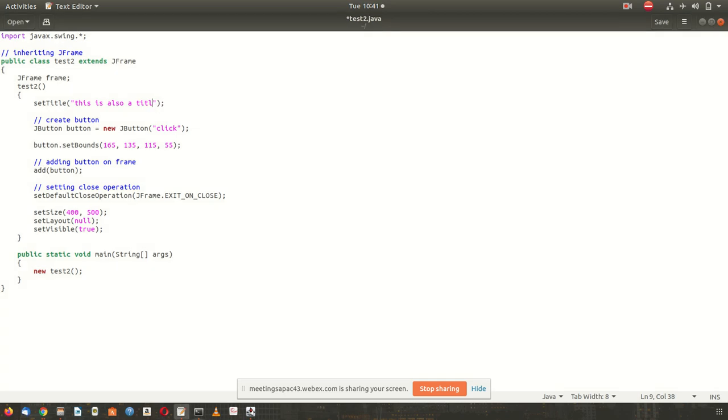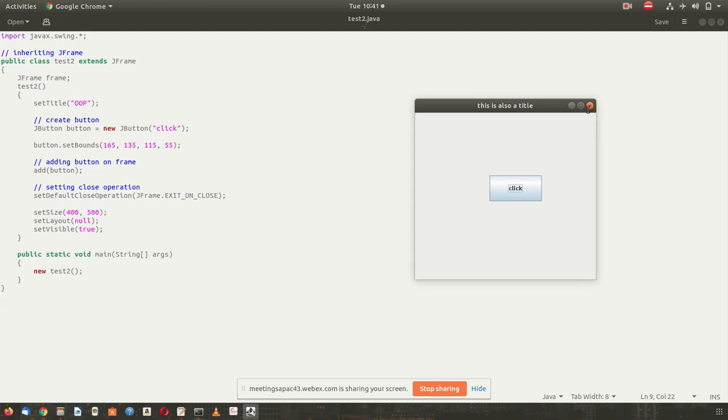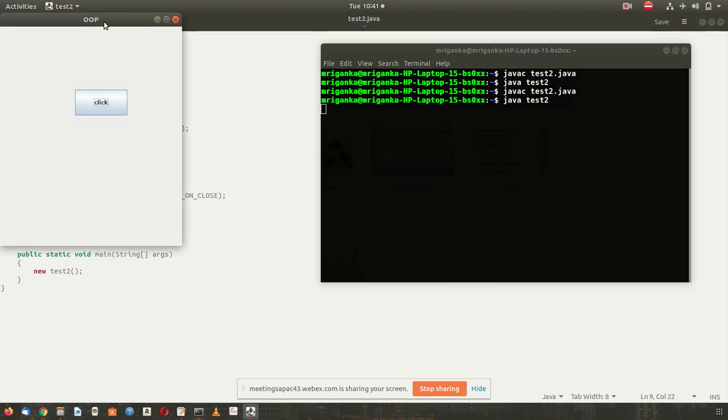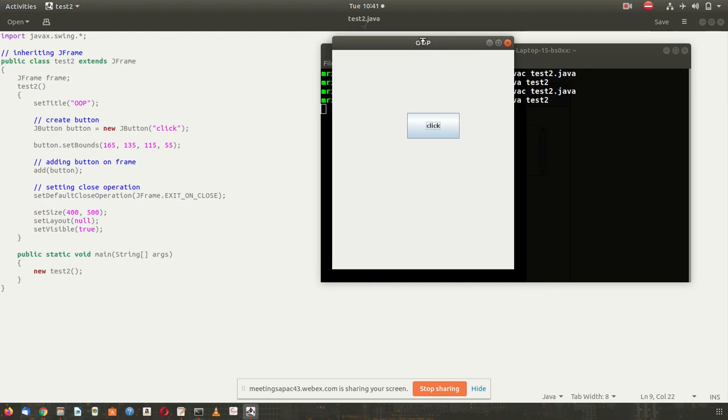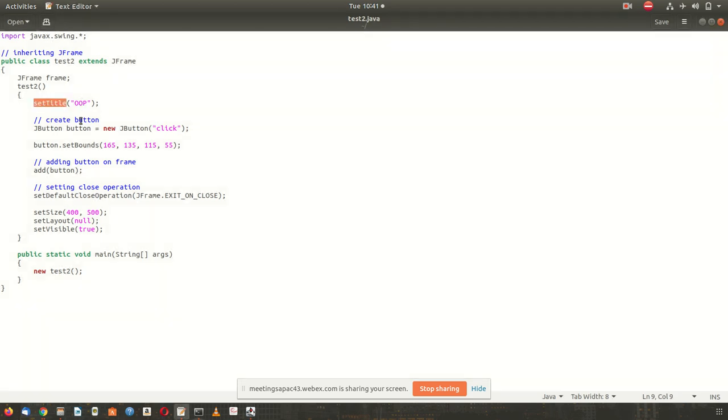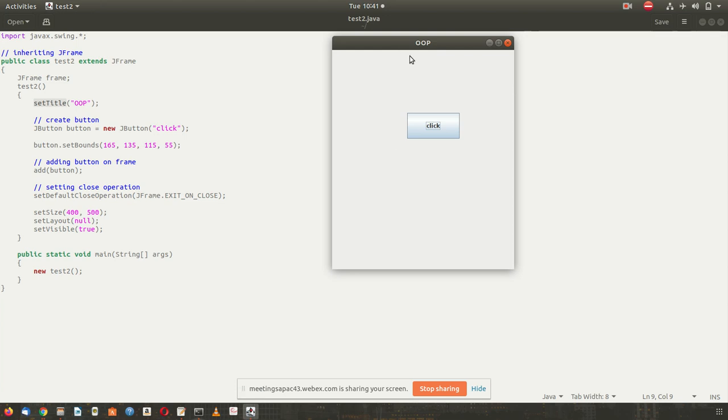So let us change it here, save it and compile it again. So this time it has now come OOP. This is called the title, and this title can be changed with the command set title.